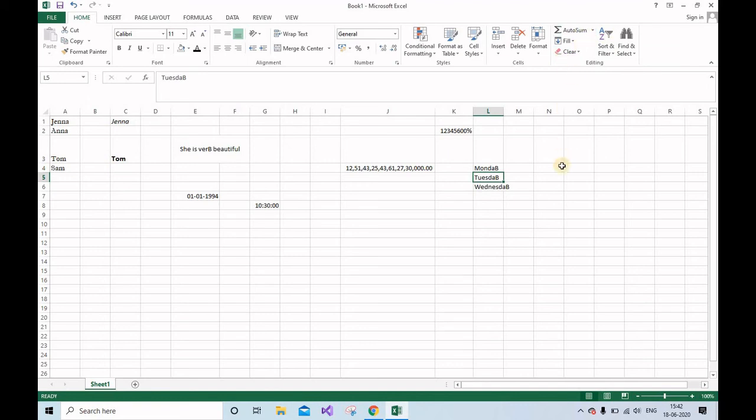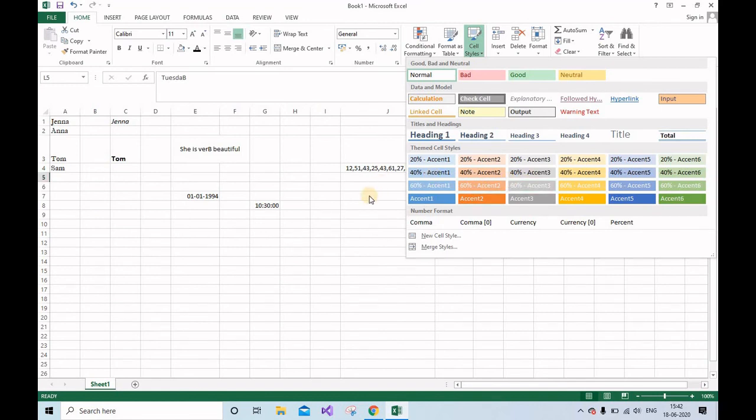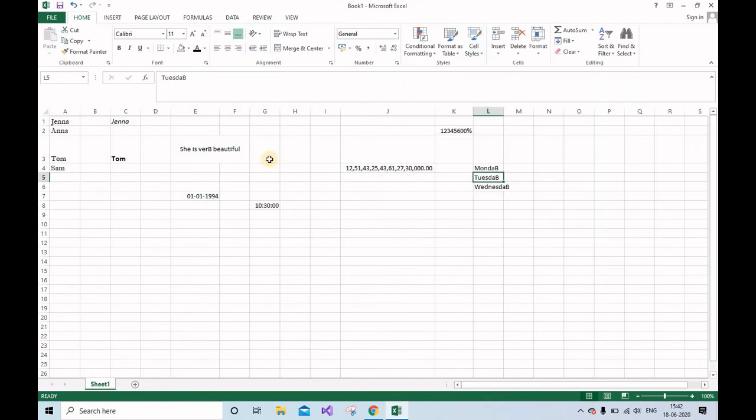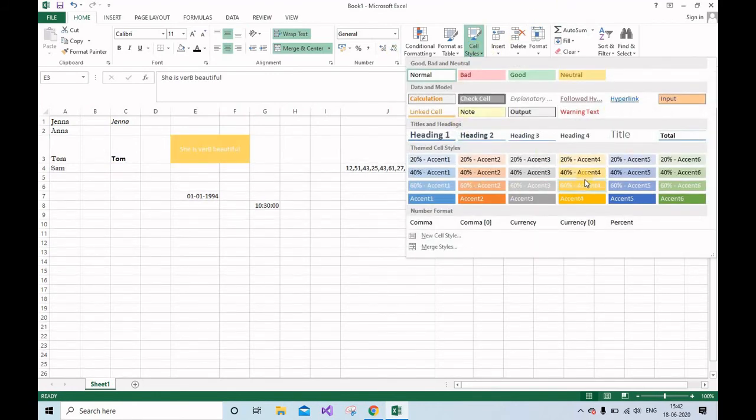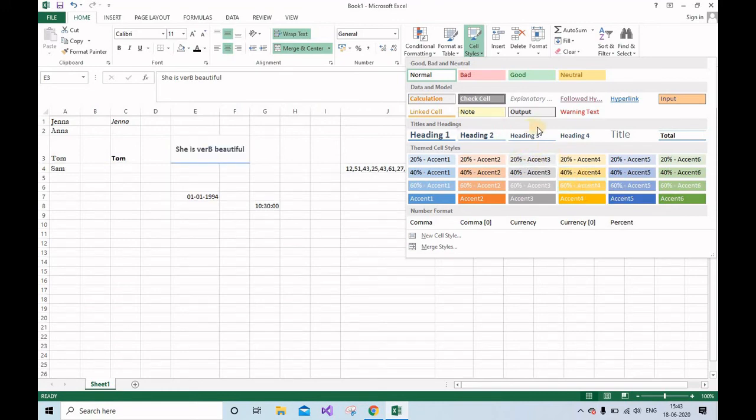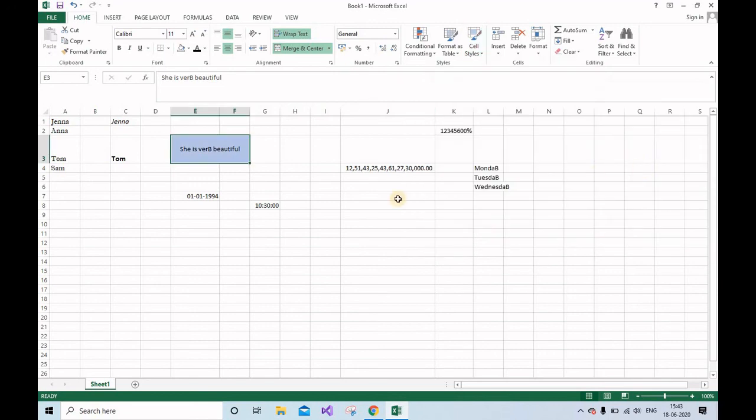Okay, and now we'll see the cell styles. You can change the cell styles also. Like I have told you, you can change the style of the font as well as the style of cells. How you can change is, just select the cell, go to the cell style. There are a number of cell styles given. You can select any of the styles whichever you want to and just select it and see, that style has been taken by the cell whichever you had selected.